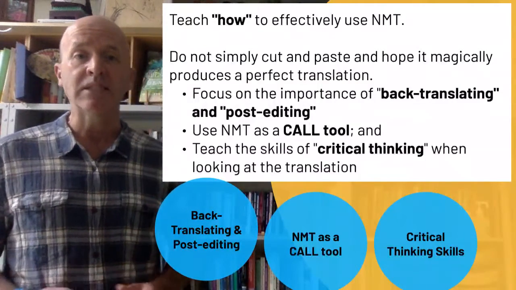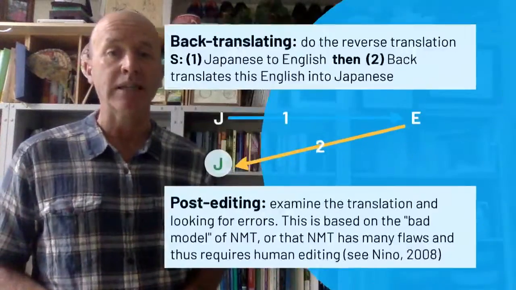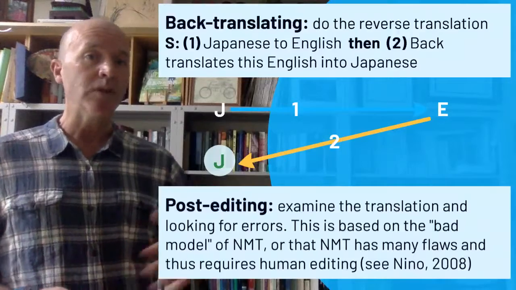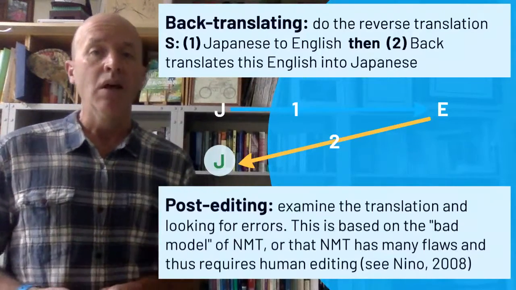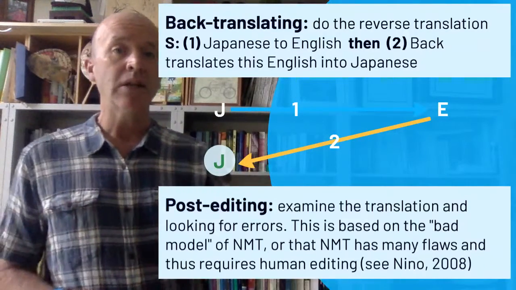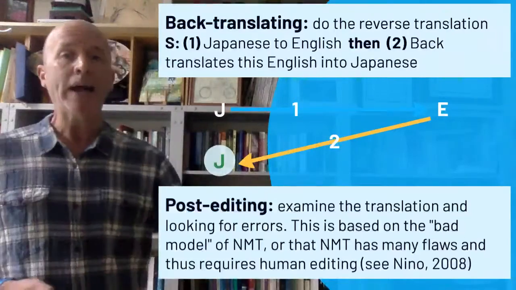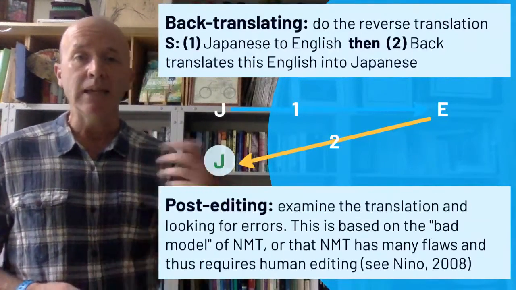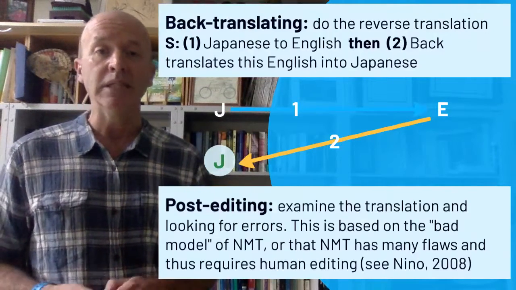And the first one is a simple idea of back translating. And back translating just means this idea of doing reverse translation. So you go from Japanese to English, then you translate back into Japanese, and does it maintain its meaning?